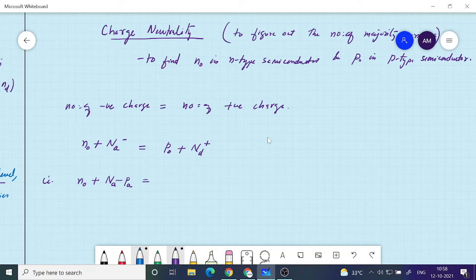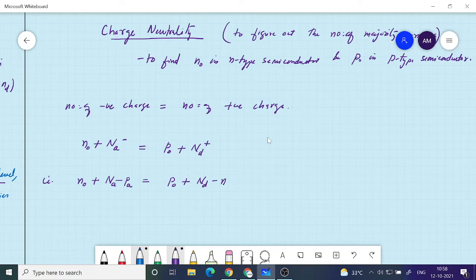But if you write it accurately, this is P0 plus Nd minus the vacancies in the donor impurity level, which is Nd minus